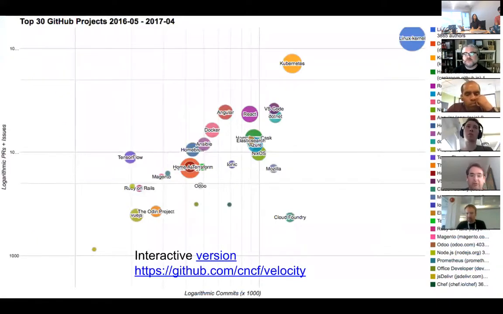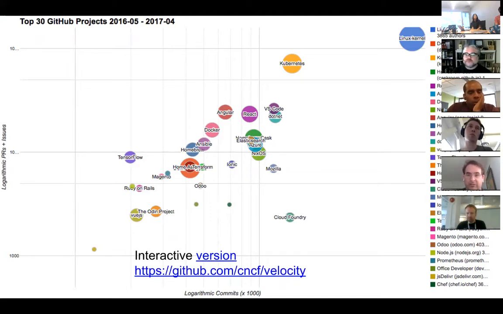And then this is a preview of some work that we've been doing at CNCF to talk about the different projects, and particularly Kubernetes and how unusual it is. This is a log chart where the x-axis shows the logarithmic commits, the y-axis is the number of pull requests and issues.